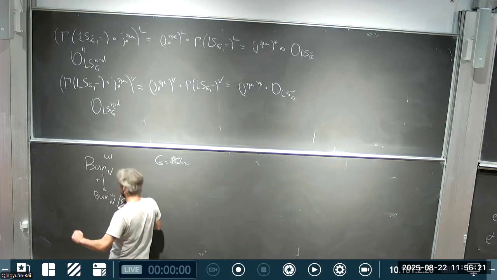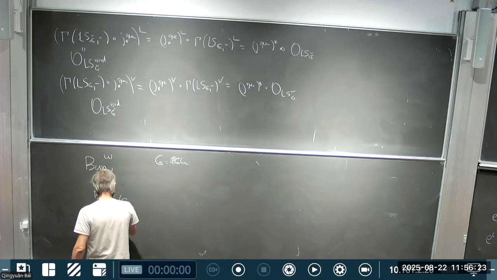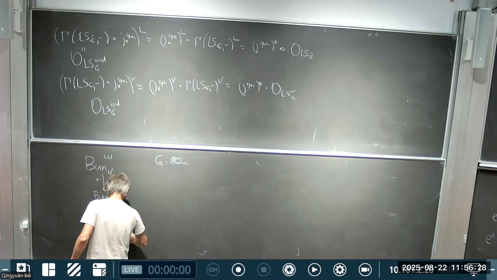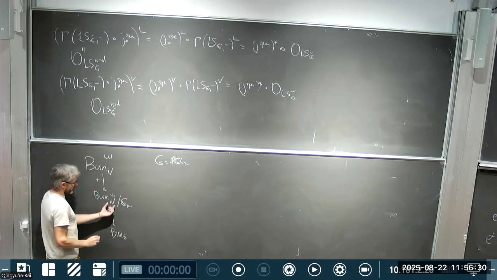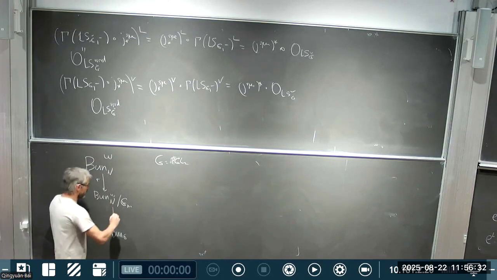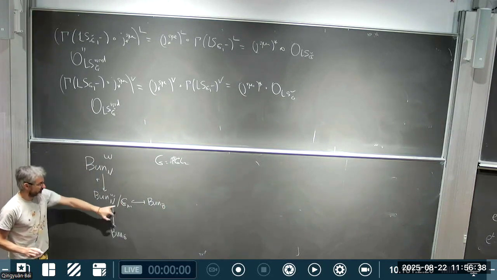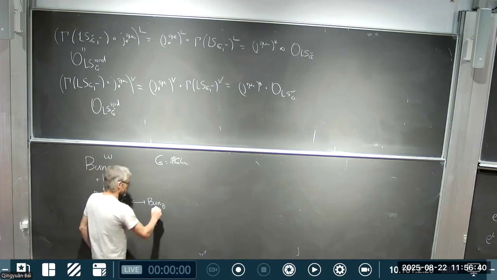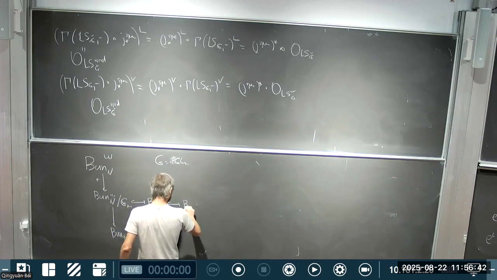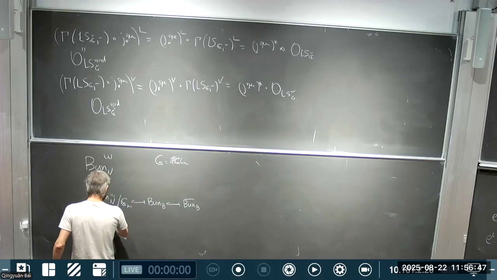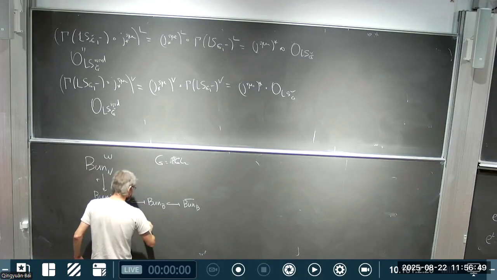Going to Bun G. But so this is really a closed subset in Bun G. So if I didn't quotient by GM, it wouldn't be closed in Bun G. And that sits inside Bun G bar. And so this is the morphism we call P. Let me call this